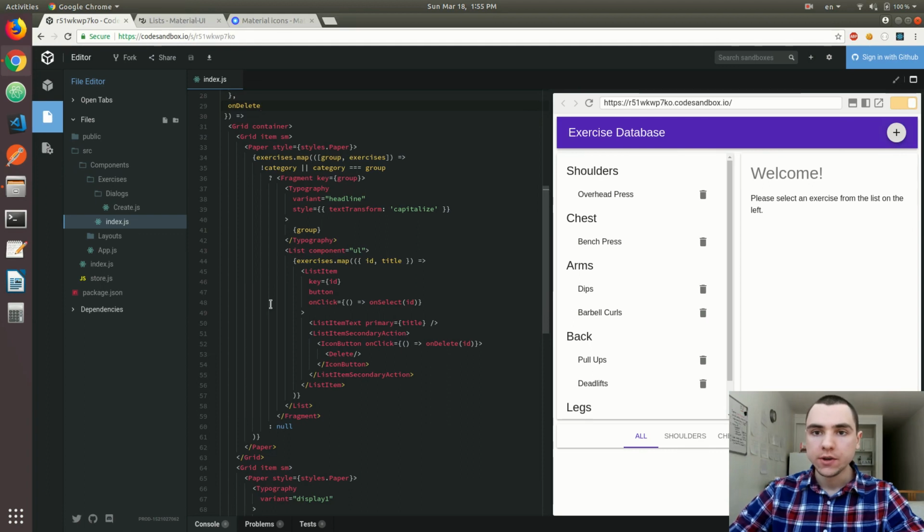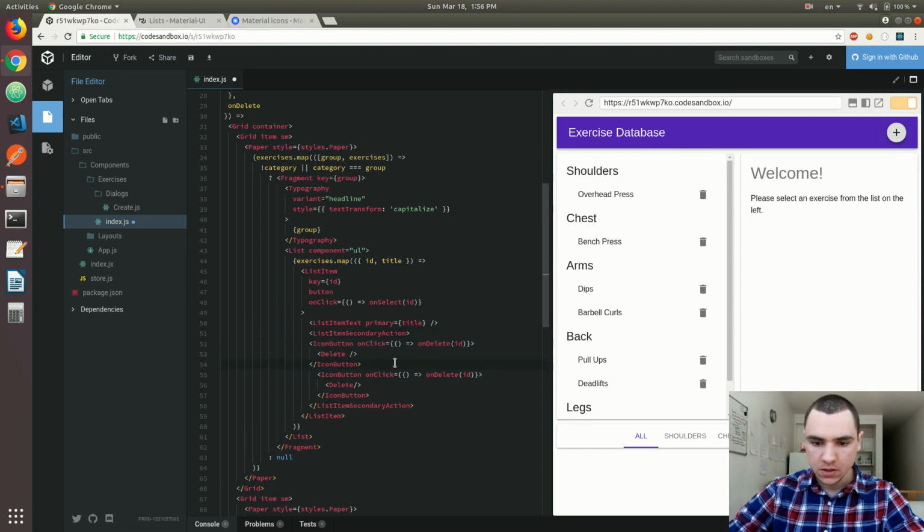Right, so as you saw in the last video, deleting exercises is really not a big deal. Now, what about editing existing exercises? What I'm going to do next is clone this element over here. I'm just going to paste it in, delete the delete icon, and go back to